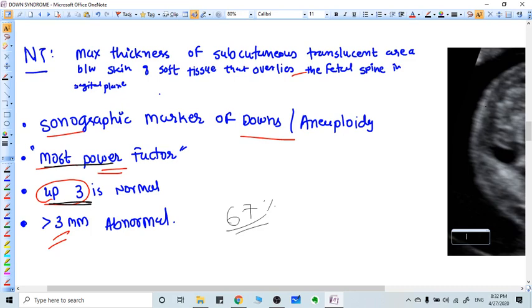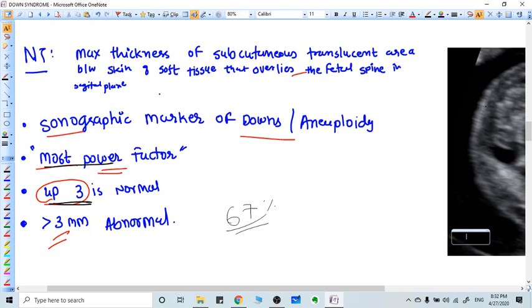What we need to identify here are aneuploidies, many aneuploidies. The nuchal translucency test is a very powerful marker, or powerful suggester, of various kinds of aneuploidies, and most of them are Down syndrome and various other trisomies. What we do here is an ultrasound at the gestational age of 11 to 13 weeks.